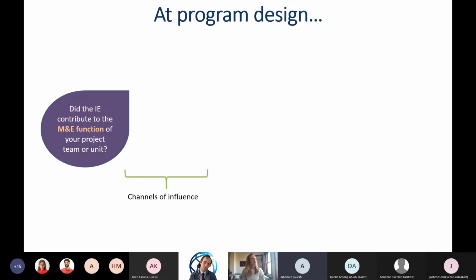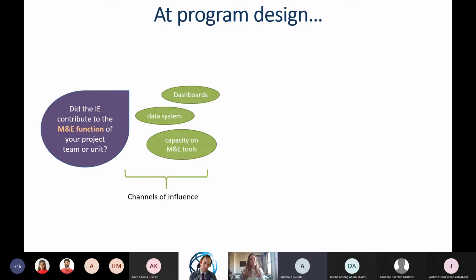Now, also at program design, as you're beginning, another big piece of influence, something that we can really improve or learn from, and that is valuable, of course, is the monitoring and evaluation function. So you're starting something new. You want to know, do you have the right data system in place to collect information, to monitor what is happening? Is my project being implemented? Are people receiving what they're supposed to receive? And so how can we improve that?